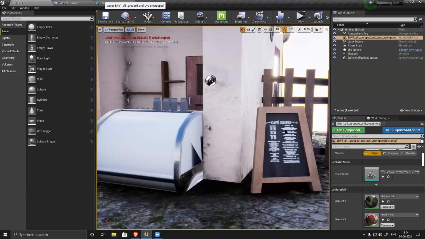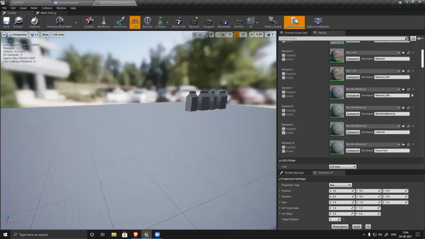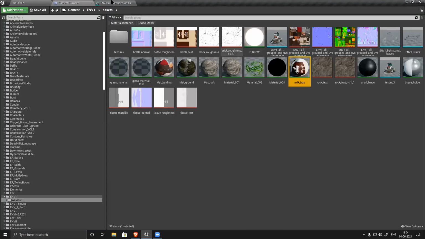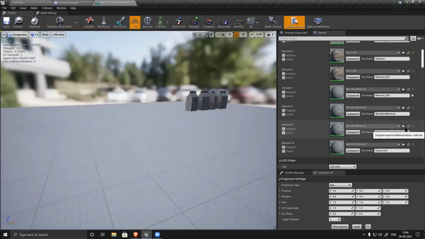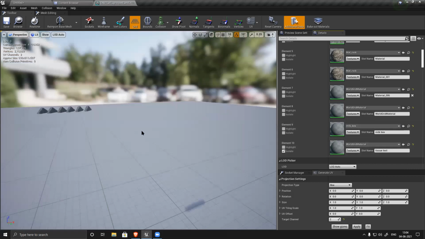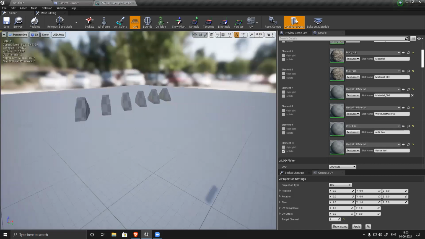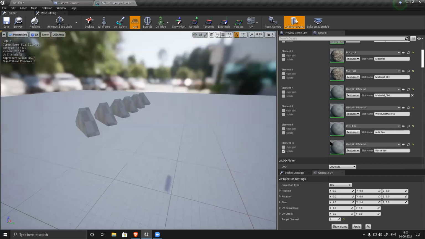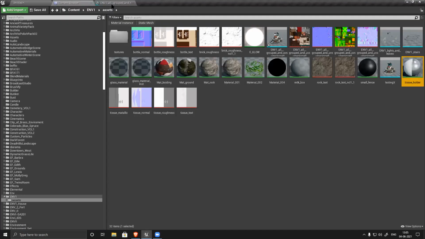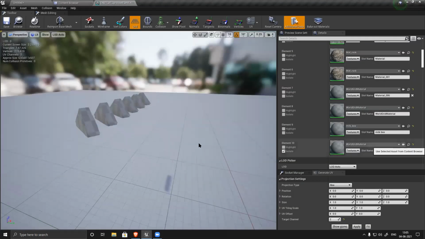Okay. Then one more, we have that milk thing. Its texture, I believe, is there. Yes, it's there. So you see, if you name it, it becomes so easy, so I can apply it directly. And these are the sandwiches, tissue holders. The tissue holder also you have. So I assigned it. Only one thing is missing. I need to check where is the glass.